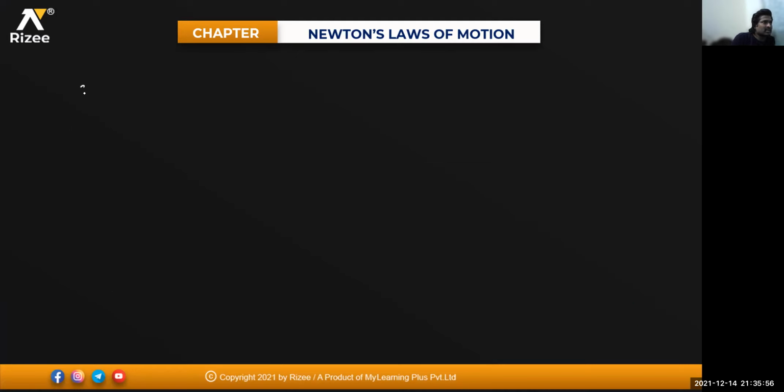So S is equal to ut plus half a t square. The u term will become 0. So what will the distance be? The base is given for me. This is the incline, at 37 degrees. This is 5. This is your L.